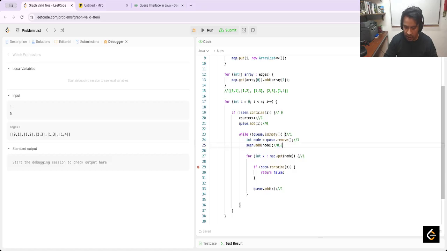Now here we remove the 1. We add the 1 as seen, and now give me the records that are in the key 1. In this case it is 2 and 3. They return 2 and 3. Okay, has the 2 been visited before? In this case no, because it's 0 and 1. Okay, we can add in this case the 2,